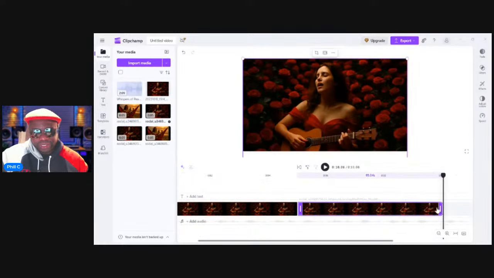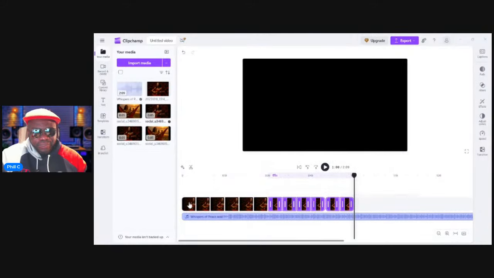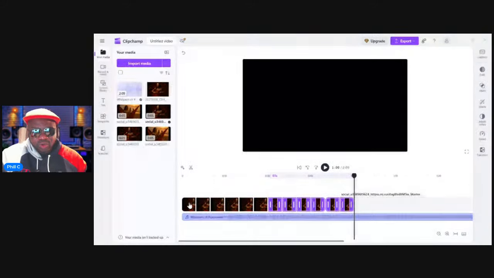The other thing you want to do is go back to the beginning and just click the plus sign next to the audio. So this is the audio. There you go. And there you can see how much you have left to fill. Now, you could take this and you could duplicate it, Control D. Now you got 1 minute out of a 2-minute song. See? But if you don't want to make it too monotonous, you could, at the end of this one, just go for the next image or the next video.